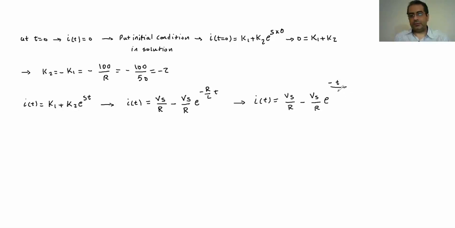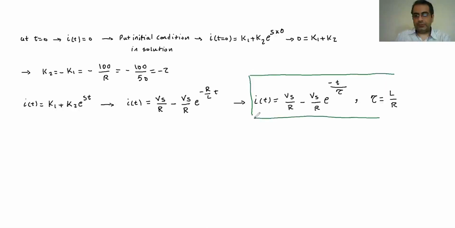Usually we write it like that, and the tau is going to be L over R. So this is the general solution that we have for these particular problems. And also we can put the L, R and Vs values in that if we want to have it in the form of